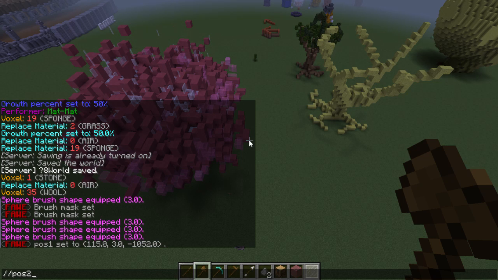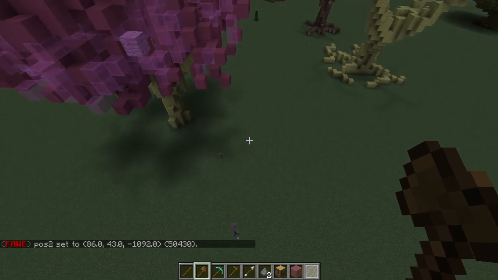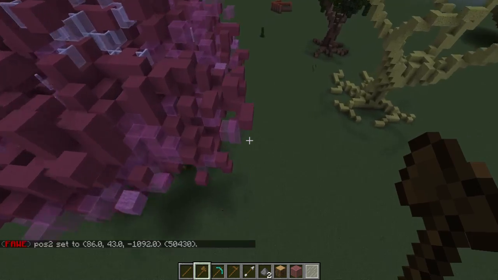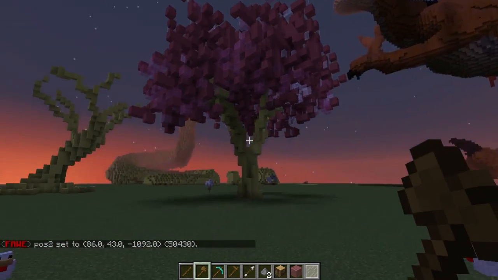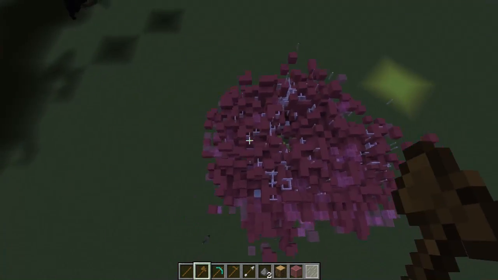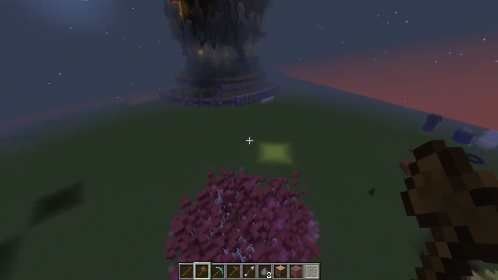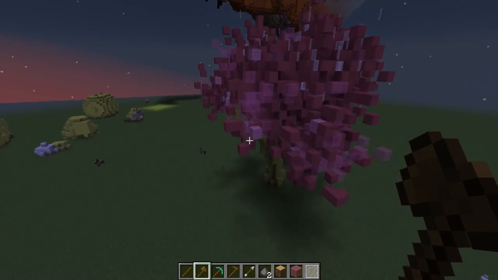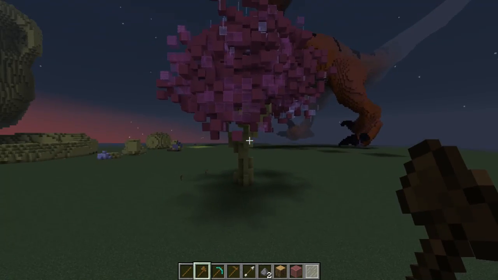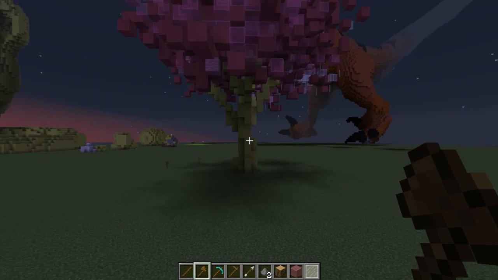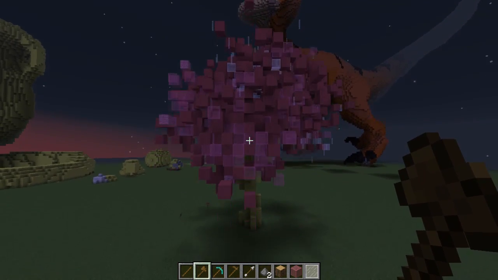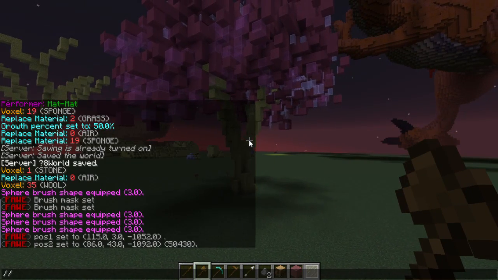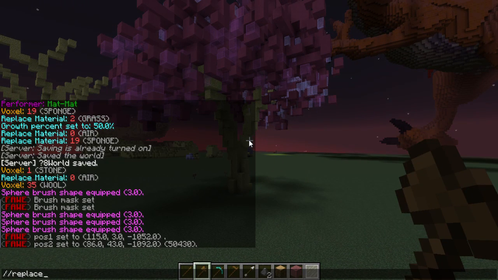Pause 2. So basically I got the position of the tree right here and also here. So we are making like a box. So this thing is now inside of an invisible box, let's say. And inside of that box, it will affect what is inside. So when we type a command, for example, replace 19